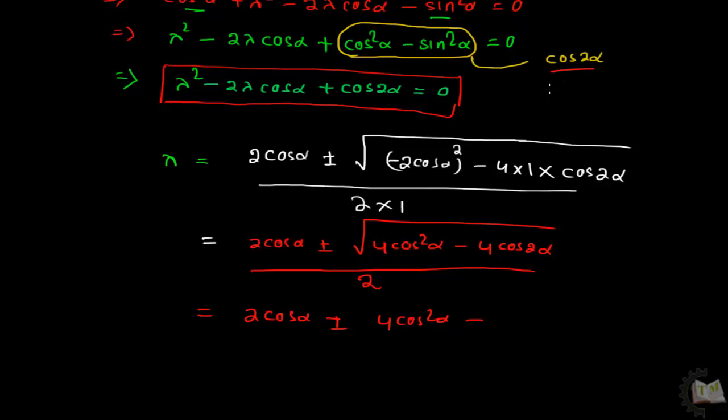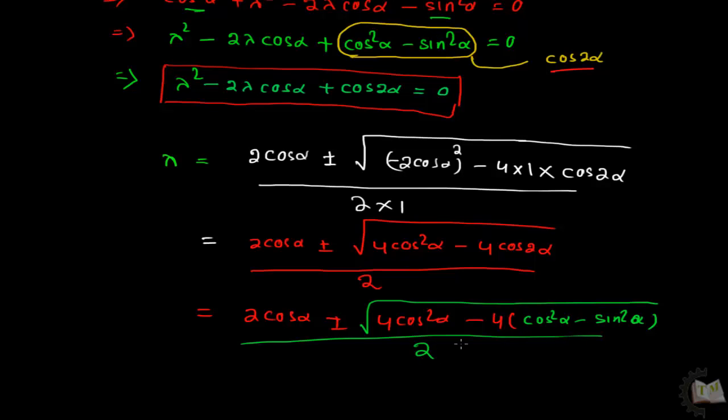We know that the value of cos 2 alpha equals cos square alpha minus sin square alpha. Just write down the value, square root divided by 2,